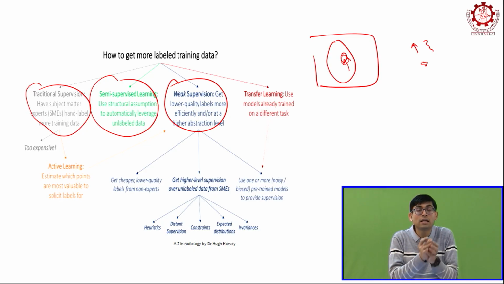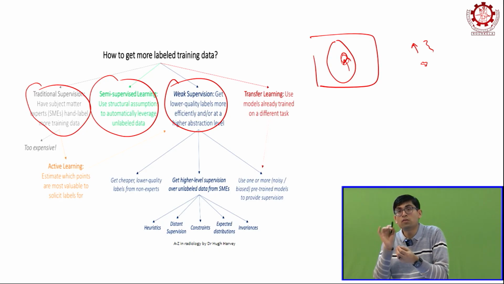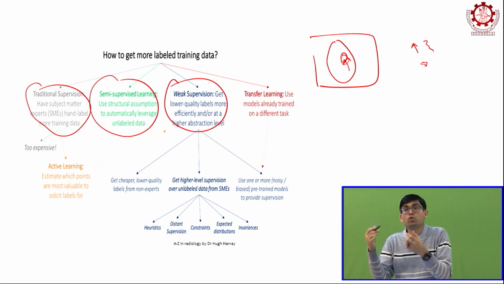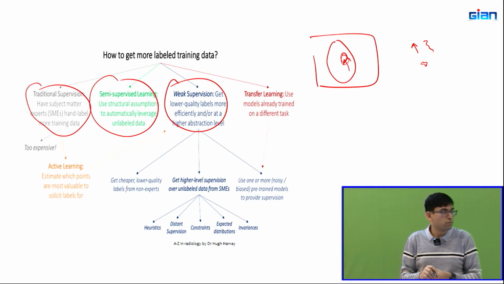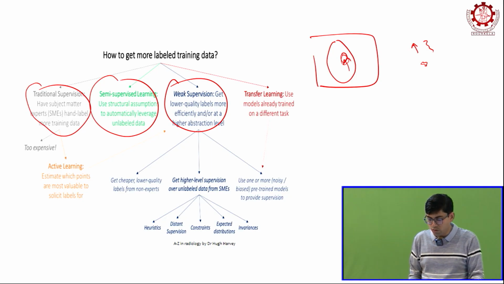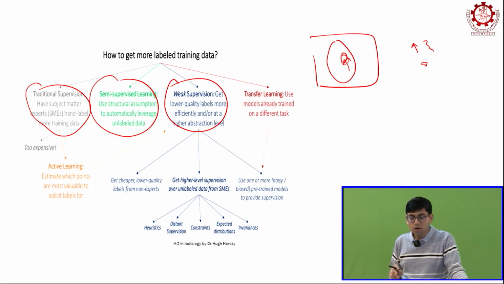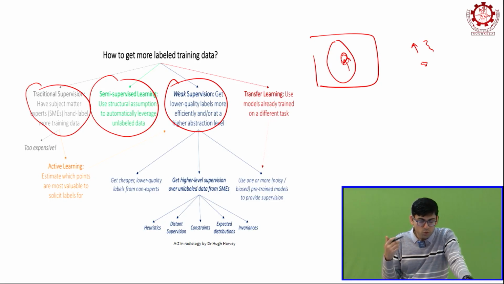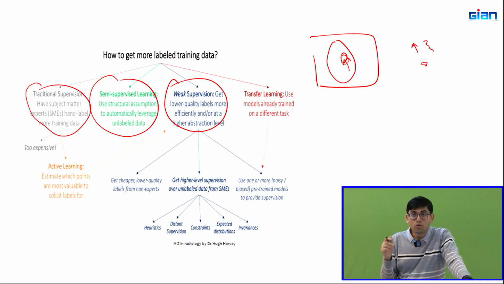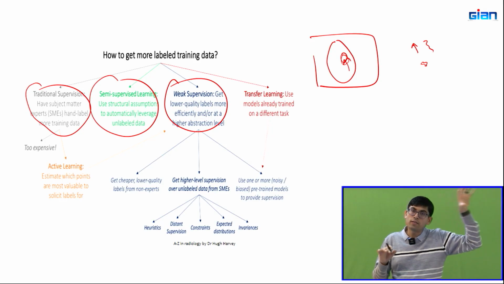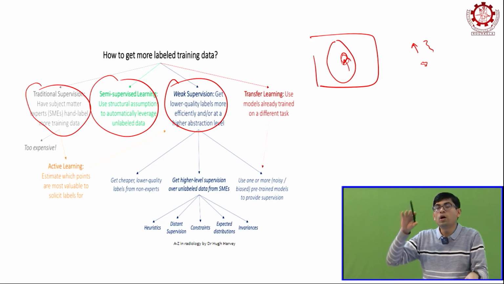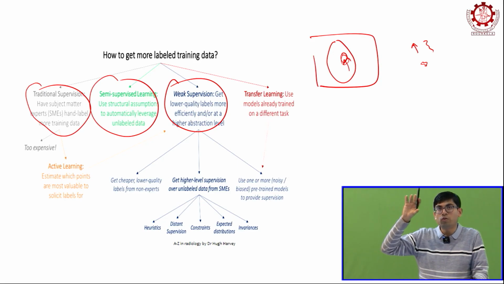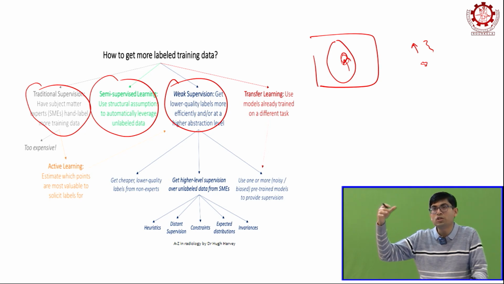You don't have the exact annotation, but you can still use these weakly supervised annotations to train your models. Okay, and we have also done that. We published a paper in ICLR a few years ago that does this. And then transfer learning. So if you remember, I showed you the slide where we were using a pre-trained model to generate blood vessels. So that was a transfer learning setting where you use another model to train whatever segmentation task you want to do, and then you transfer the weights and you basically generate your segmentations on the new data set,